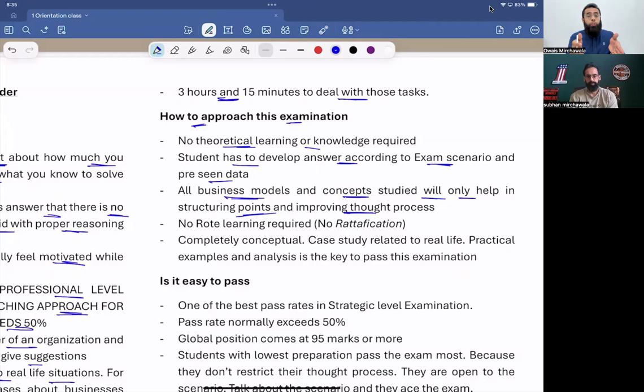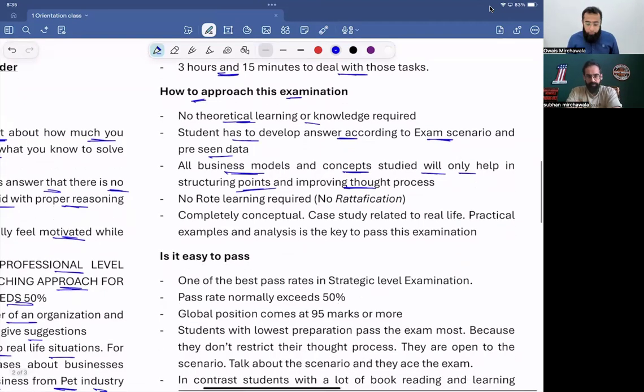Answer the client situation. So if someone has a model in his mind or a writer in his mind, his thought process will be more improved, will be more structured. And when you will be listening to our practical business examples, it will help you gain that ability to analyze the business situations. No rote learning, completely conceptual, case study related to real life, practical examples and analysis is the